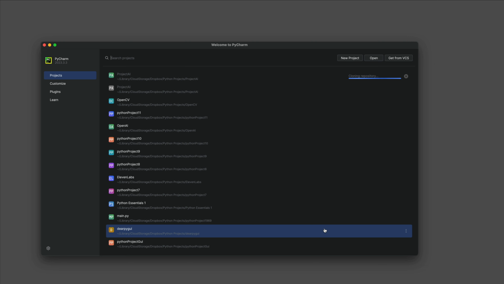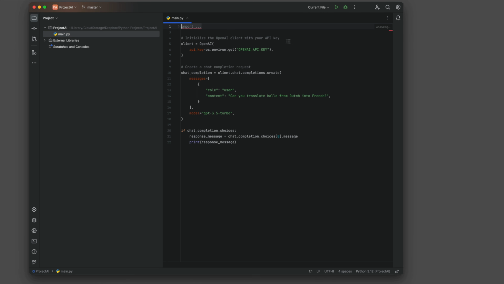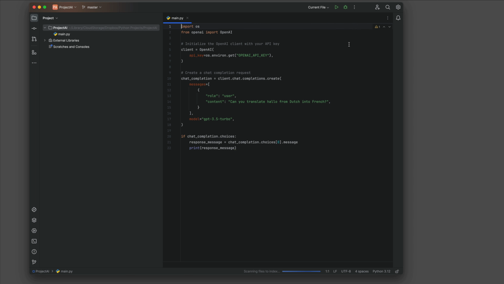Next, we will launch PyCharm and bring in a project from GitHub. I have already set up a project, so all we need is to fetch the URL of the public repository and establish a local copy. Ensure that we have selected the appropriate interpreter and confirmed the OpenAI package is integrated